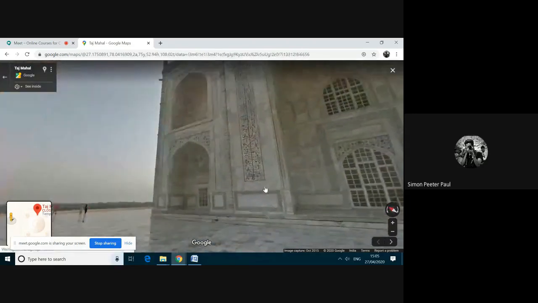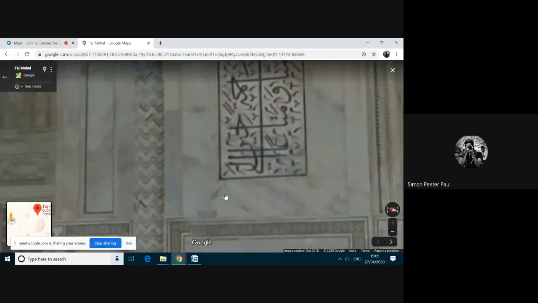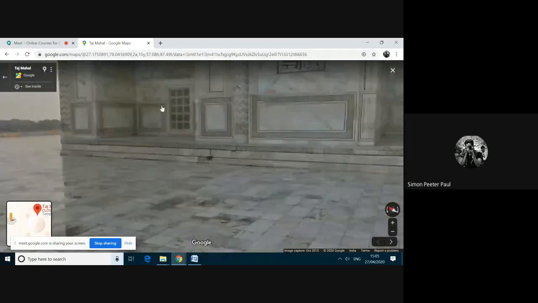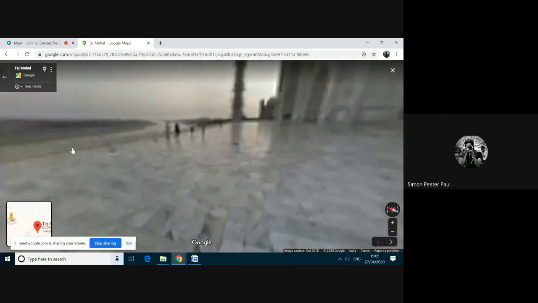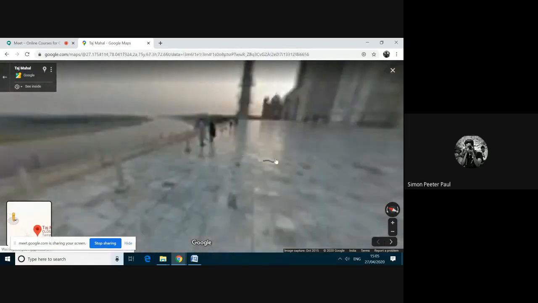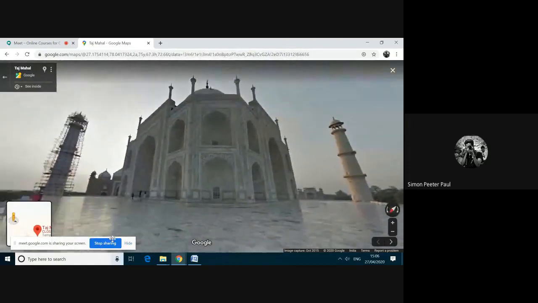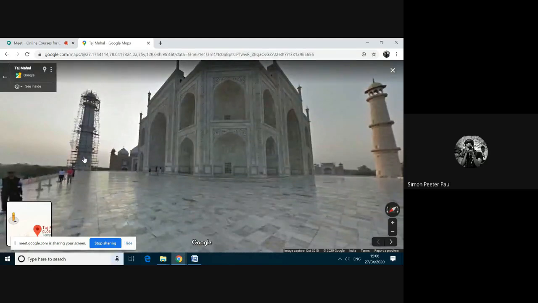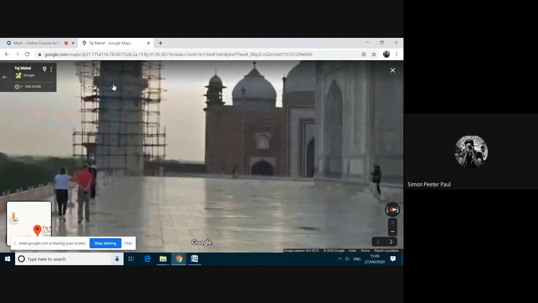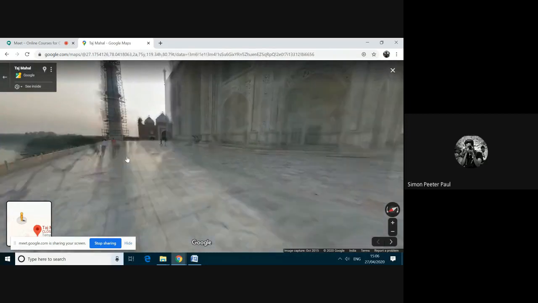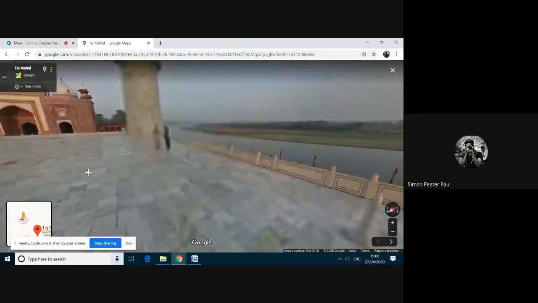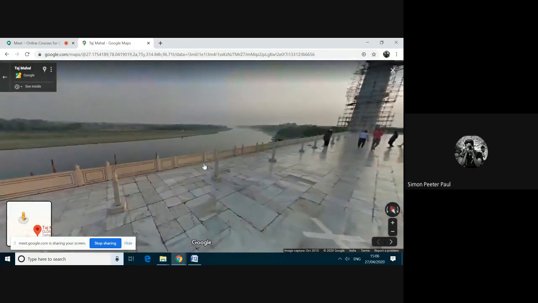If you want to look closer, see here. This much close, I can look at the Taj Mahal. Then I'm going to this edge, and then I'm seeing. Oh, some renovation work is going on. See that? See the view.